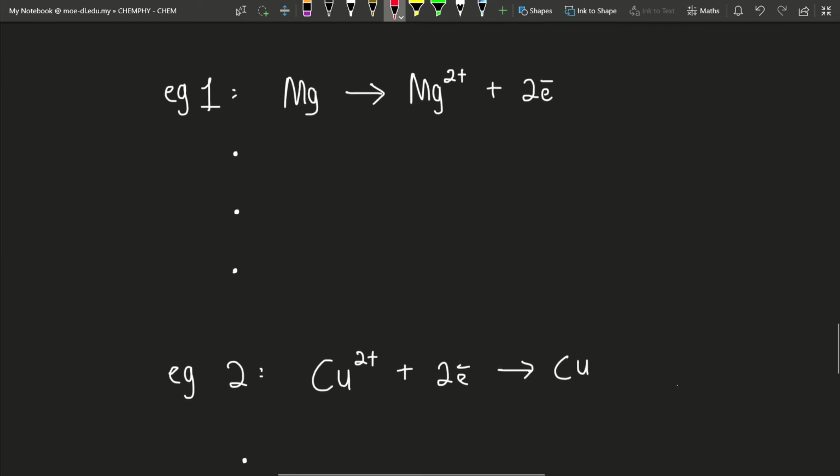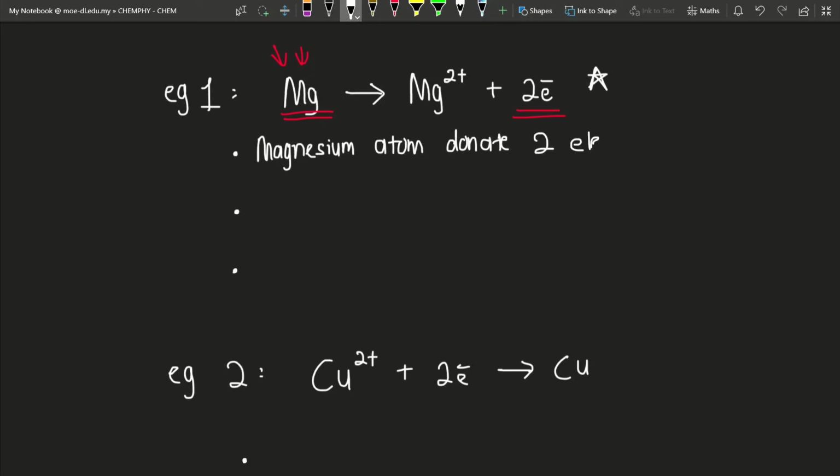So contoh pertama, kita ada persamaan setengah magnesium. So you guys tahu magnesium, elektron dia dekat belah kanan, maksudnya magnesium ni dia derma elektron. So our first sentence will be magnesium. So you guys kena jelaskan, state jenis zarah, type of particle. So magnesium, this one, sorang-sorang, so it is an atom. Magnesium atom, so you guys akan kata donate